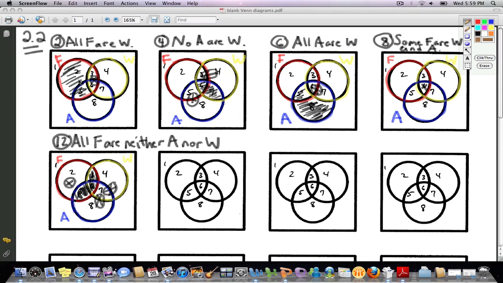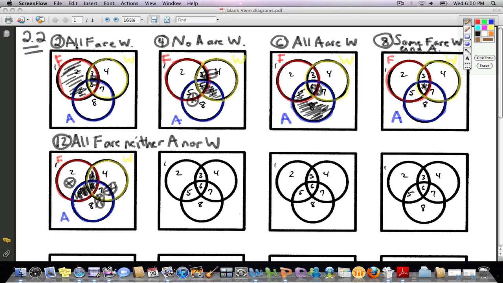I have pictured here the even numbered exercises from the homework in 2.2. I'll do a separate video for the even numbered problems from 2.3. First problem, it actually said each individual who follows the beat of a different drummer is a person worth talking